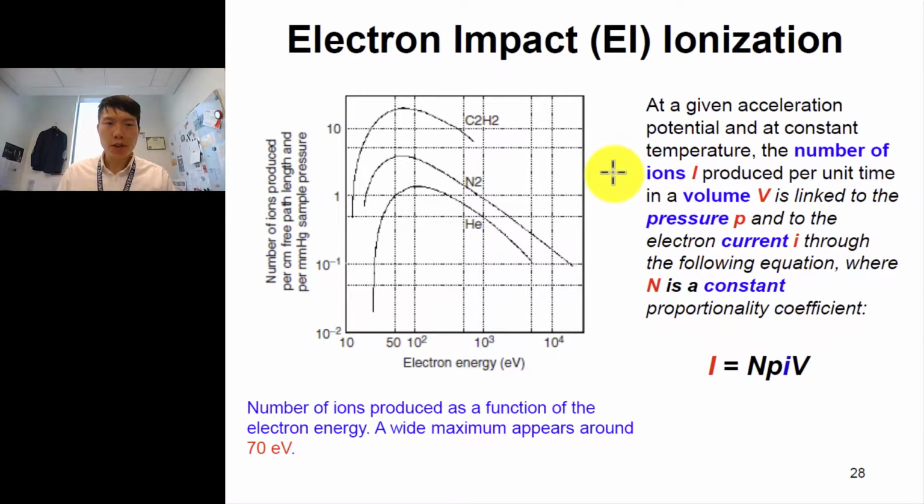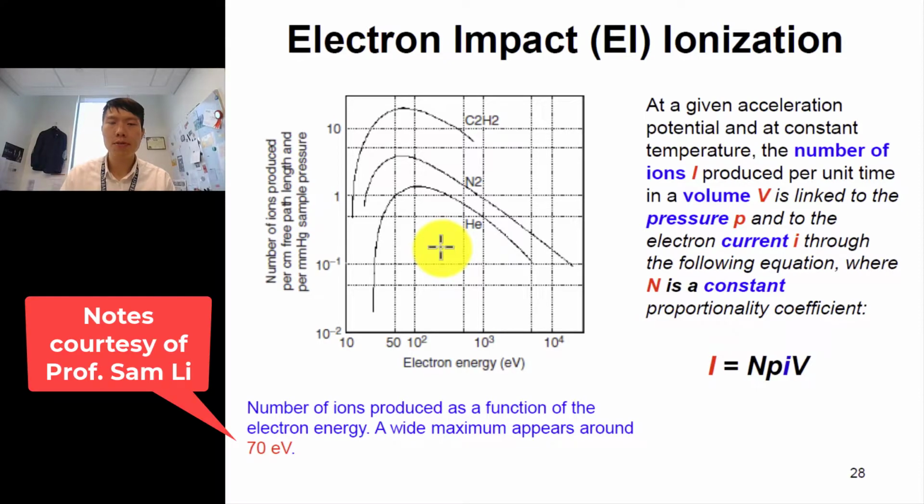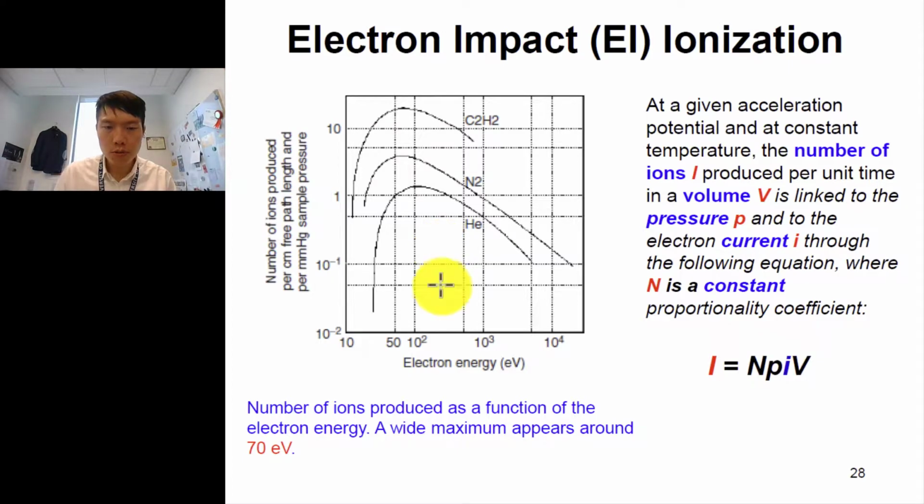In this graph, you see the corresponding axes, Y and Z, that tell you about the number of ions produced per cm of the free path in this electron impact ionization mass spec, across the energy in different gases. Here you have a formula where capital I, the number of ions produced per unit time in a volume V, is given by the product of N, a proportionality coefficient depending on which program you have, and P, the pressure,